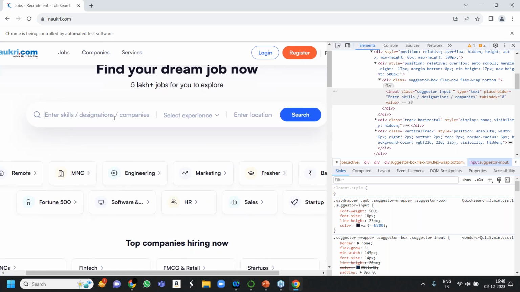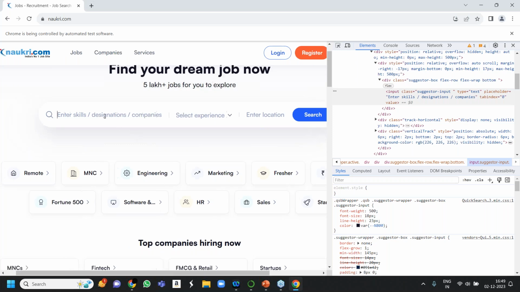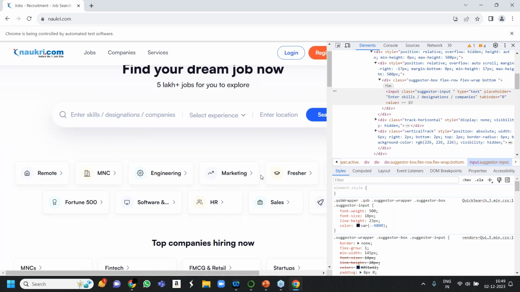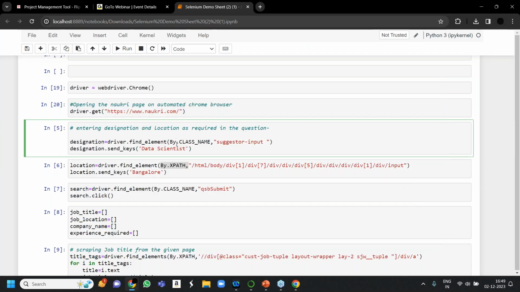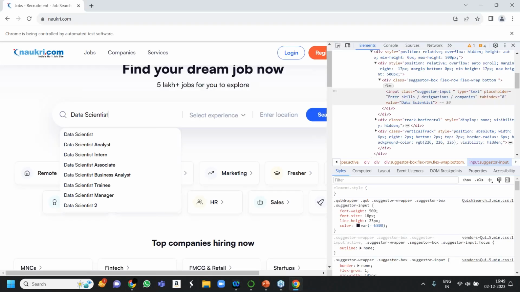Whenever you want to click on something, you will use dot click. Suppose for the search button, I will use the dot click method. Here I only want to write something, so I'm using dot send keys, data scientist. Let me run this code, and you can see data scientist came over here. Am I clear?